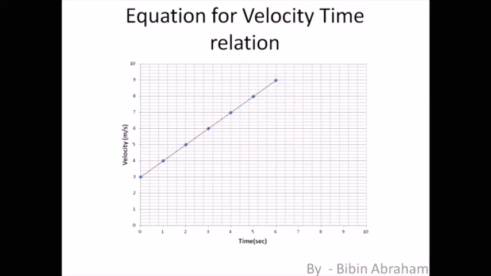Okay, I'll ask you, what is Ramu's initial velocity? Initial velocity is the velocity when the time is 0. So you can see at time t equals 0, his initial velocity is 3 meter per second. Yes or no? I hope this is clear. What is his final velocity? According to this graph, at t equals 6 seconds, it is 9 meter per second. And how much time has he taken to get that 9 meter per second? That is 6 seconds. I hope this is clear. From the graph, we can find out all these things.